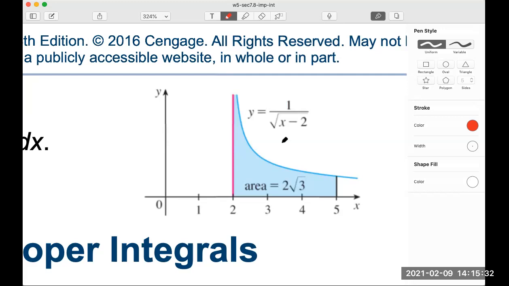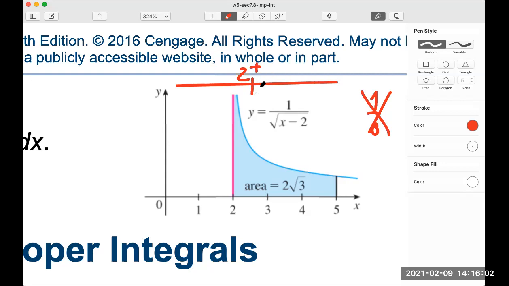When x comes close to 2, the difference between x and 2 will be very small. It is undefined at x equals 2 because we don't know what 1 over 0 is. So it's undefined, okay? But if x is larger than 2, for example at 2 plus, on the right side of 2,